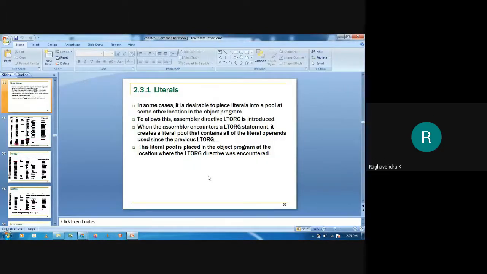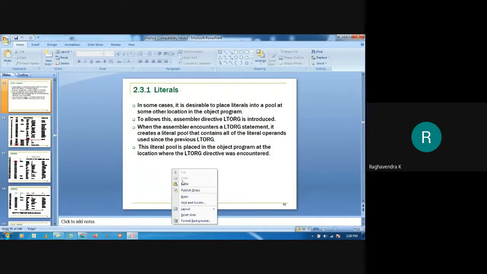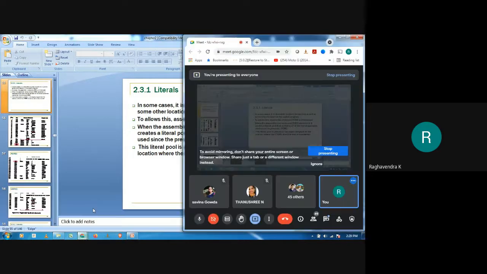LTORG is the assembler directive that tells the assembler to place the literal values that it has encountered so far immediately after the LTORG statement. In other words, what happens is, in earlier cases,